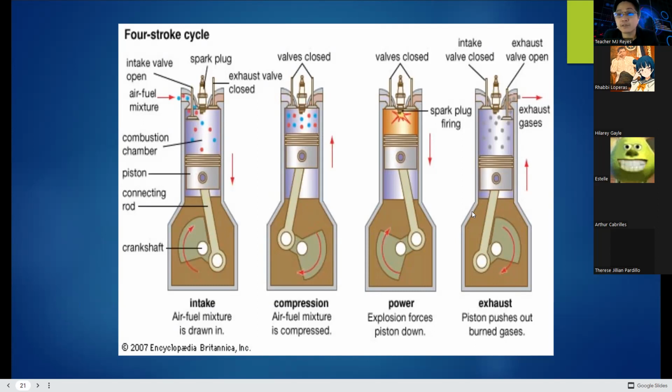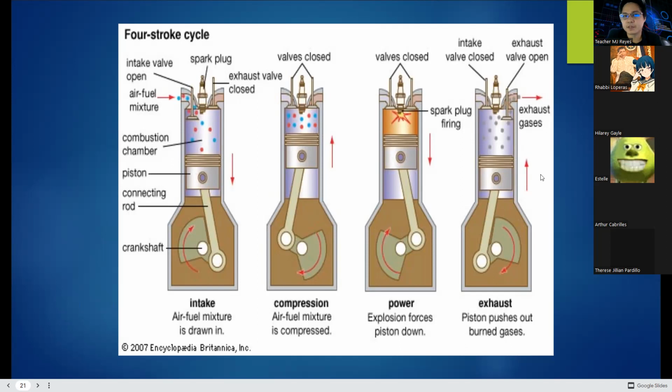The fuel and air mixture there. Once the piston returns down, the exhaust valve opens to expel the burned fuel and gas mixture. So this is now the layout of your four-stroke engine, just like the engine that you are actually using in